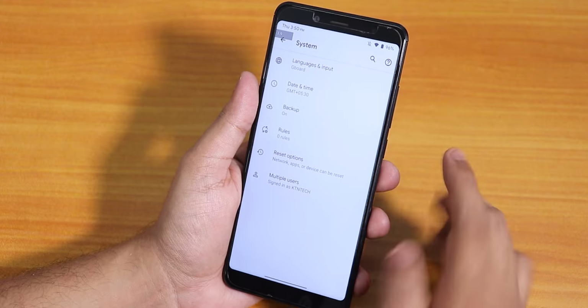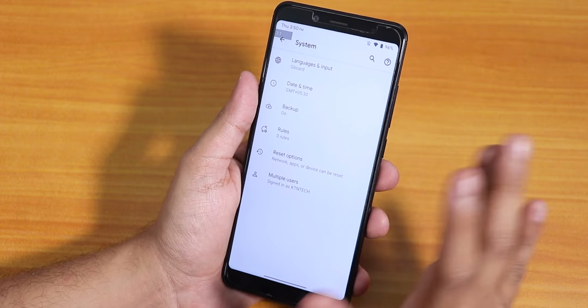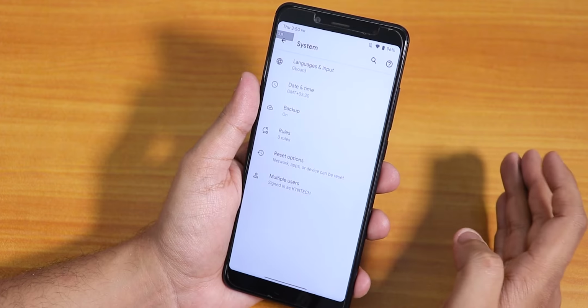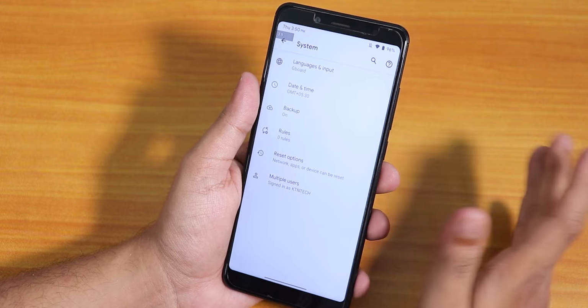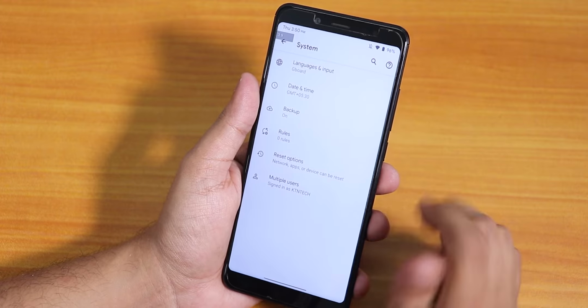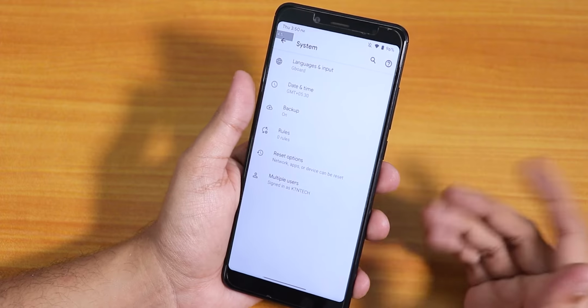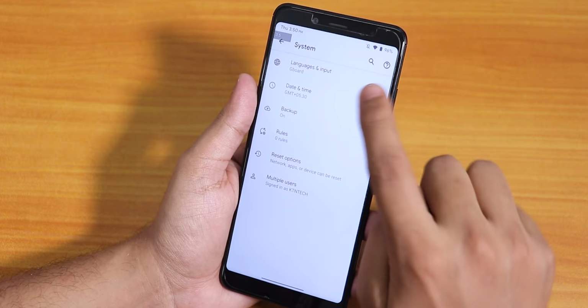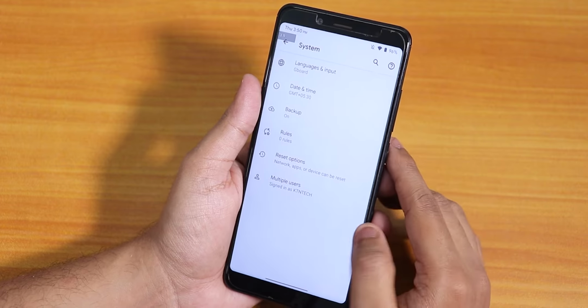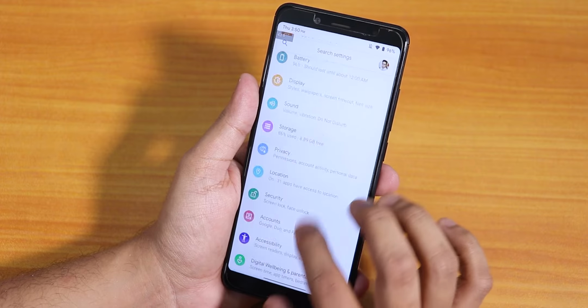And for manually updating, whenever you are updating, just download the full ROM, boot back to the recovery, flash the latest ROM and reboot. You do not need to wipe anything whenever you're updating to a latest build from the same ROM. And here the stock keyboard is Gboard, so that's a good thing if you are worried about privacy and stuff.